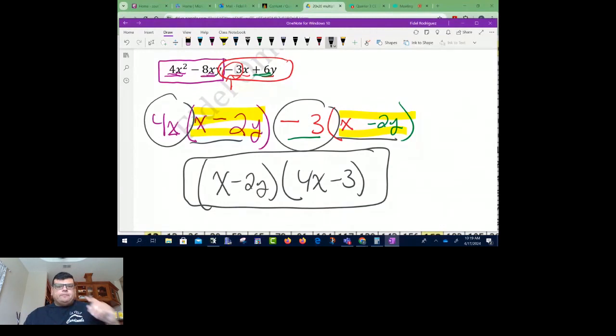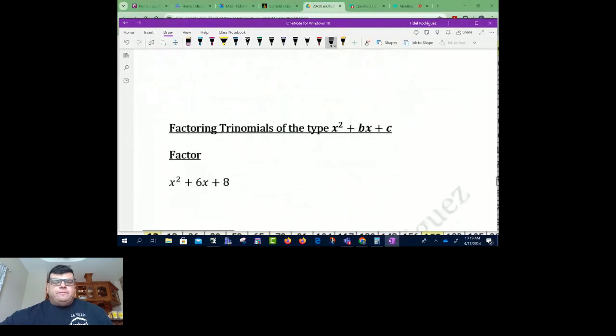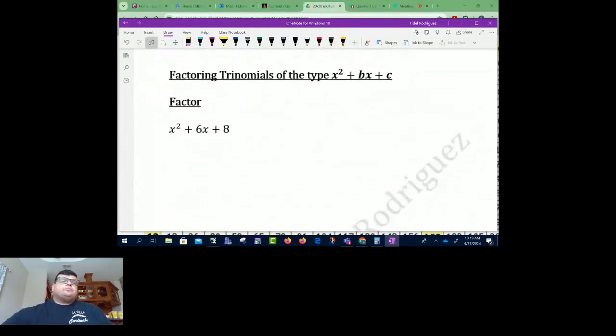All right. Let's see. What else do we got over here? Okay. So, y'all, the second thing we're going to do here, we're going to talk about how do we factor trinomials. So, y'all, when we're factoring trinomials of the type x squared plus bx plus c, the one thing I want to mention about these types of problems,